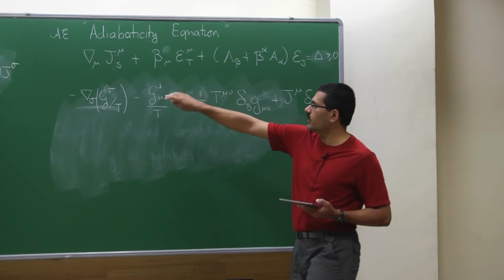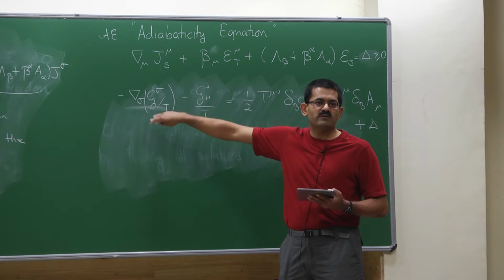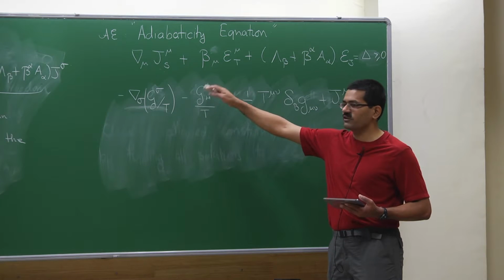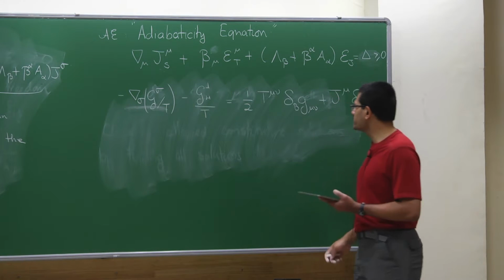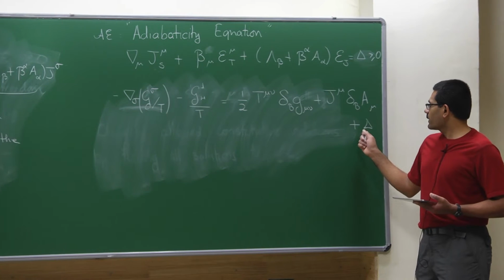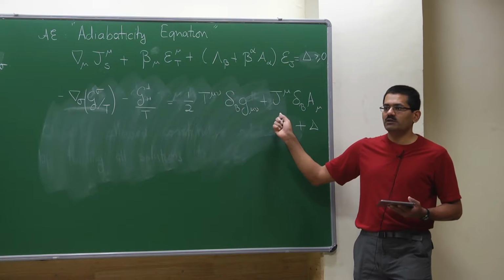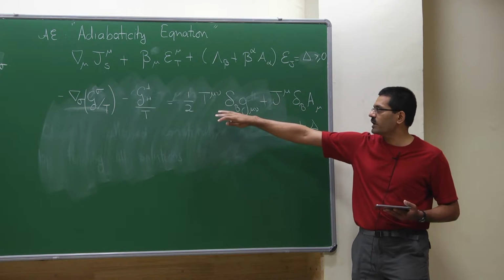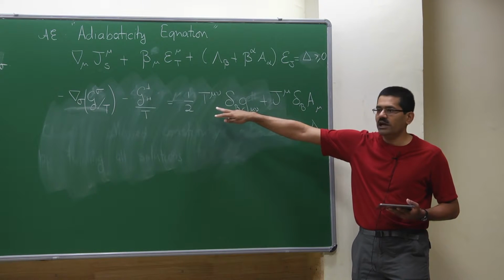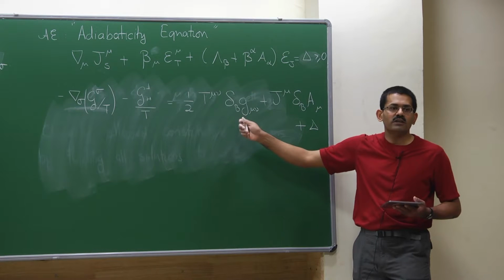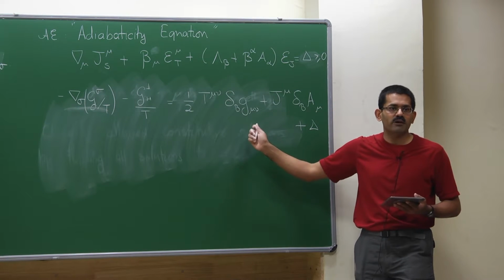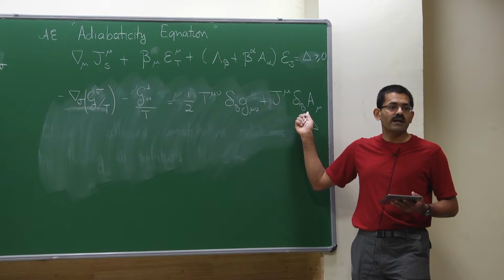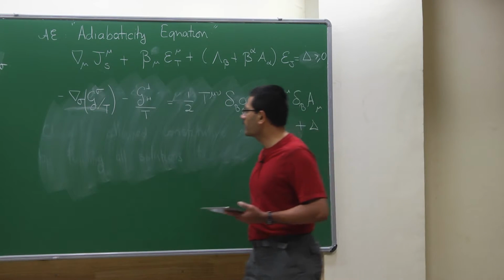So of course d mu of j mu s becomes a gradient of the free energy current. The anomaly pieces combine, I've just combined them into some form. You can work out what this is. But there's something nice that happens. The right hand side simplifies enormously. I haven't told you what these variations are, but what you get is the stress energy tensor contracted with some variation of the background metric, and the charge current contracted with the variation of the background gauge field, and delta